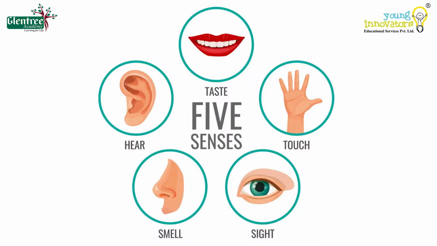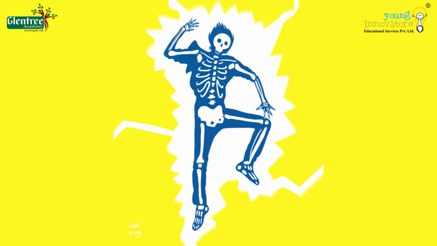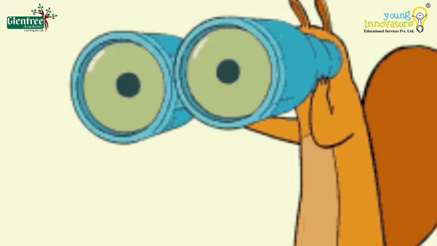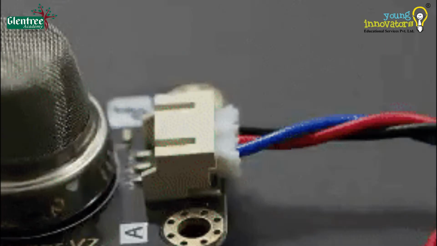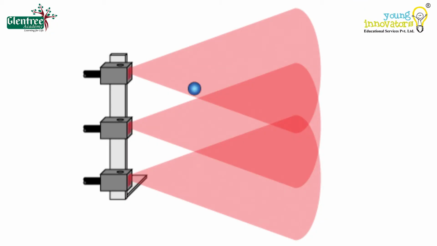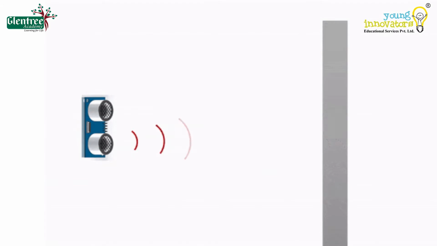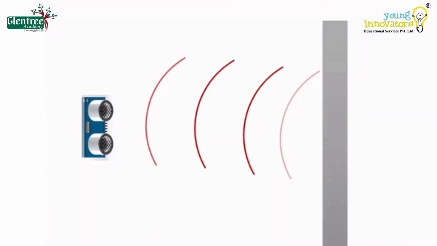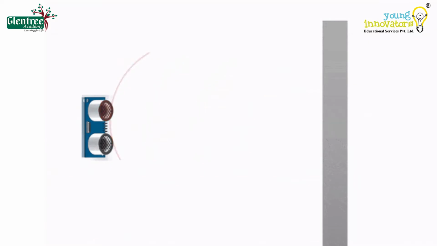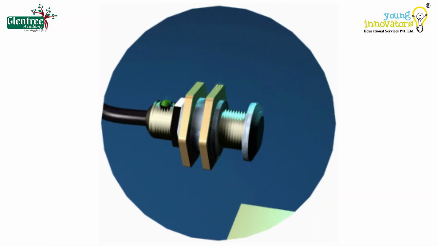Our five sense organs, right? With the help of our sense organs, we can feel, taste, observe, smell. In the same way, there are a few electronic devices that can sense the surrounding and produce the output based on the inputs that it takes. A sensor is an object whose purpose is to detect the changes in the environment and provide the corresponding output.